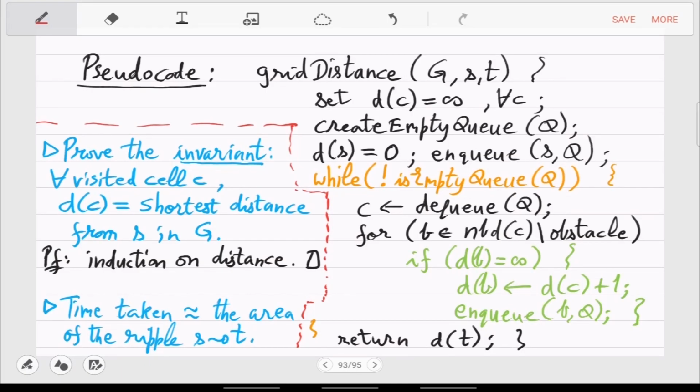You are thinking of a calm lake, where the ripple is concentric circles, but suppose your lake is very disturbed and there are obstacles, then it's a random motion. You cannot say anything. It depends on how the obstacles are placed. So that is another exercise: prove that you are wrong.